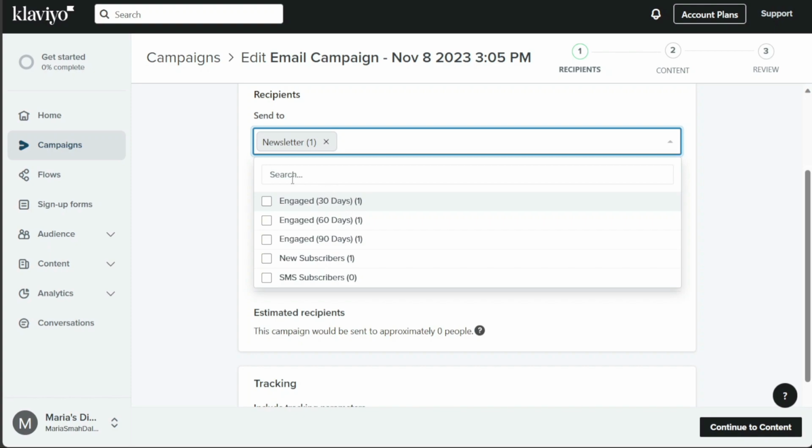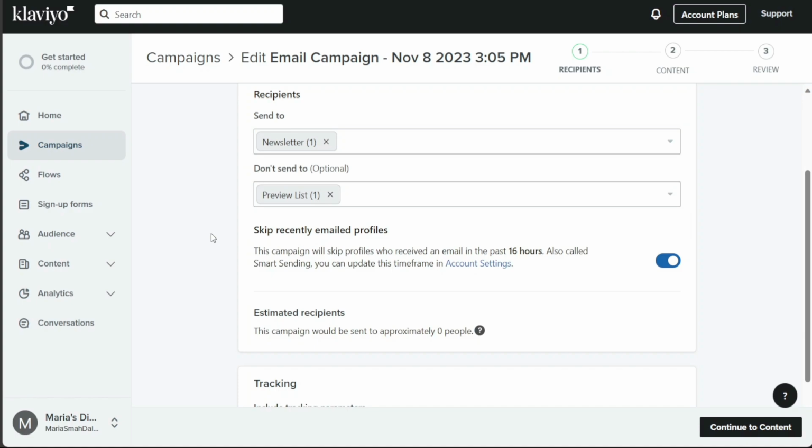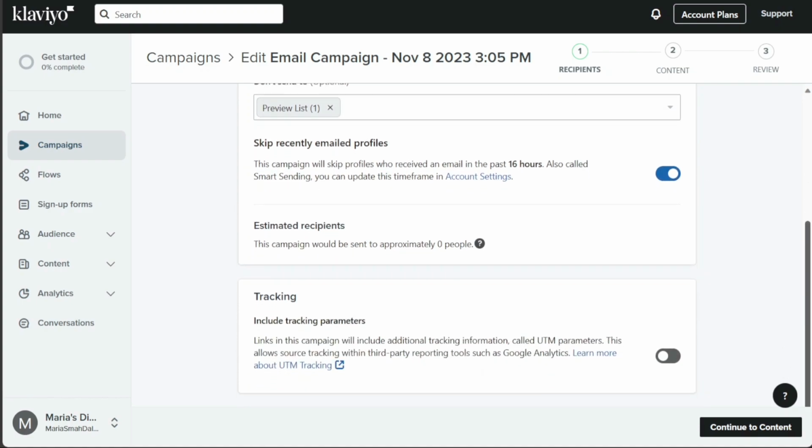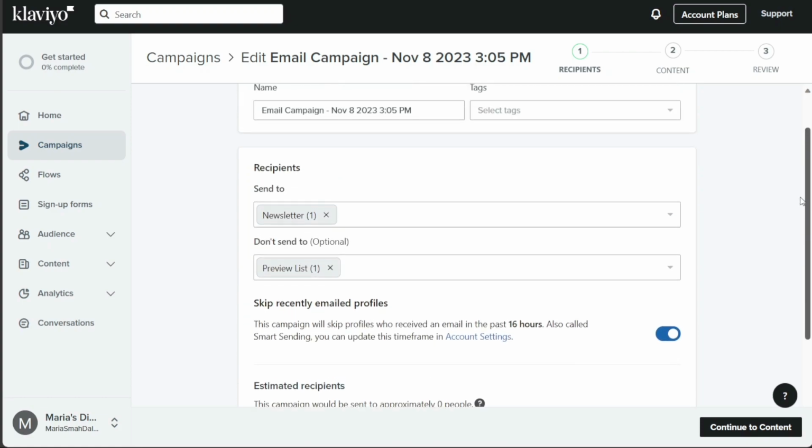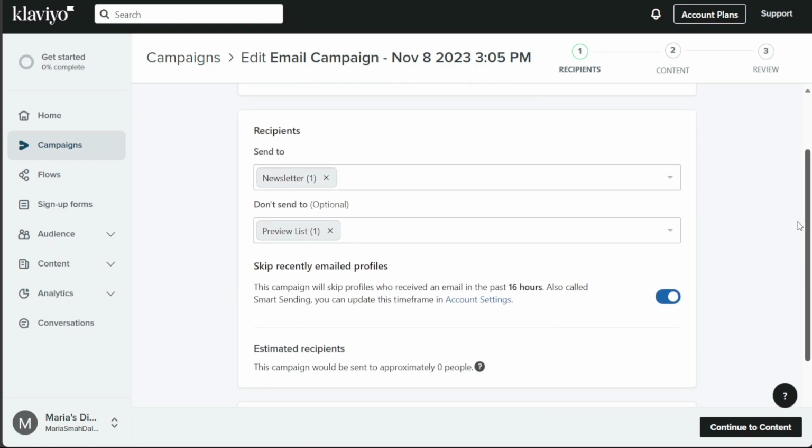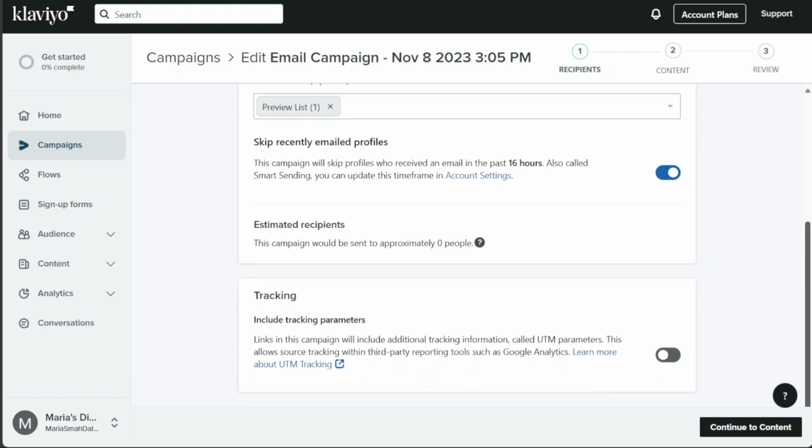or more purchases. If you want to send to multiple lists or segments, select which ones you would like to include or exclude. It is important to note that you can only send a single campaign to a maximum of 15 segments/lists. You can also enable or disable Smart Sending and Google Analytics tracking. Once you have completed the Recipients section, click on Continue to Content to proceed to the next section of the